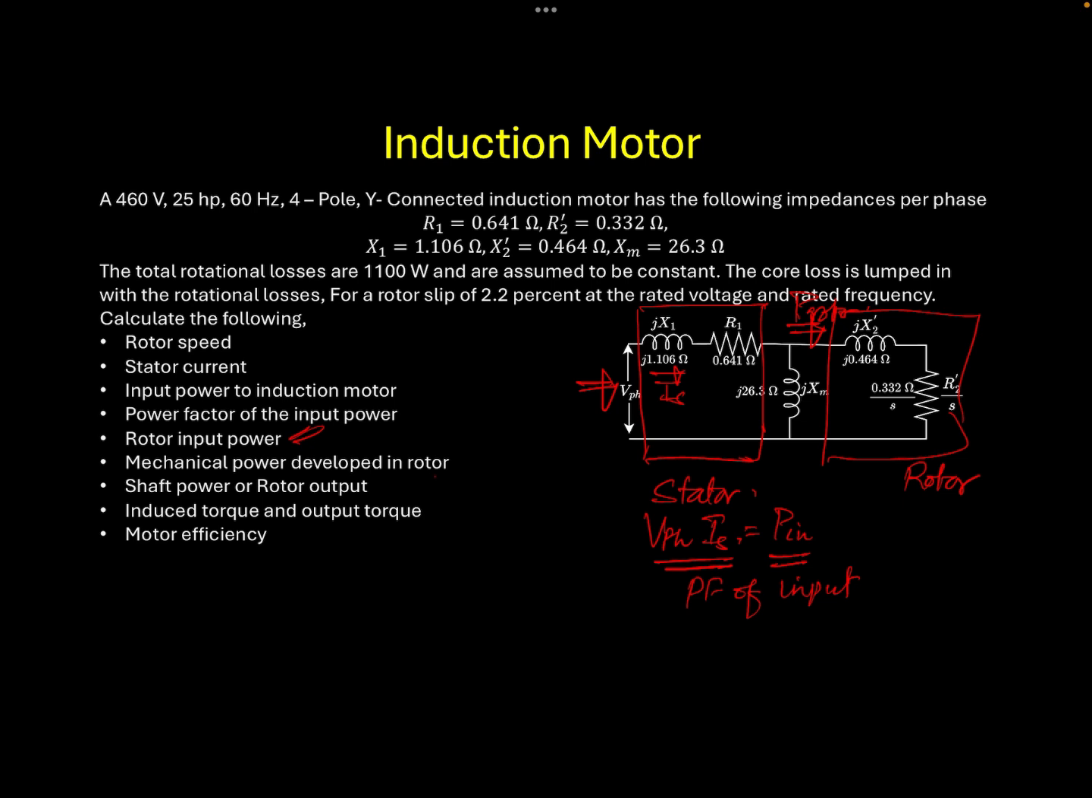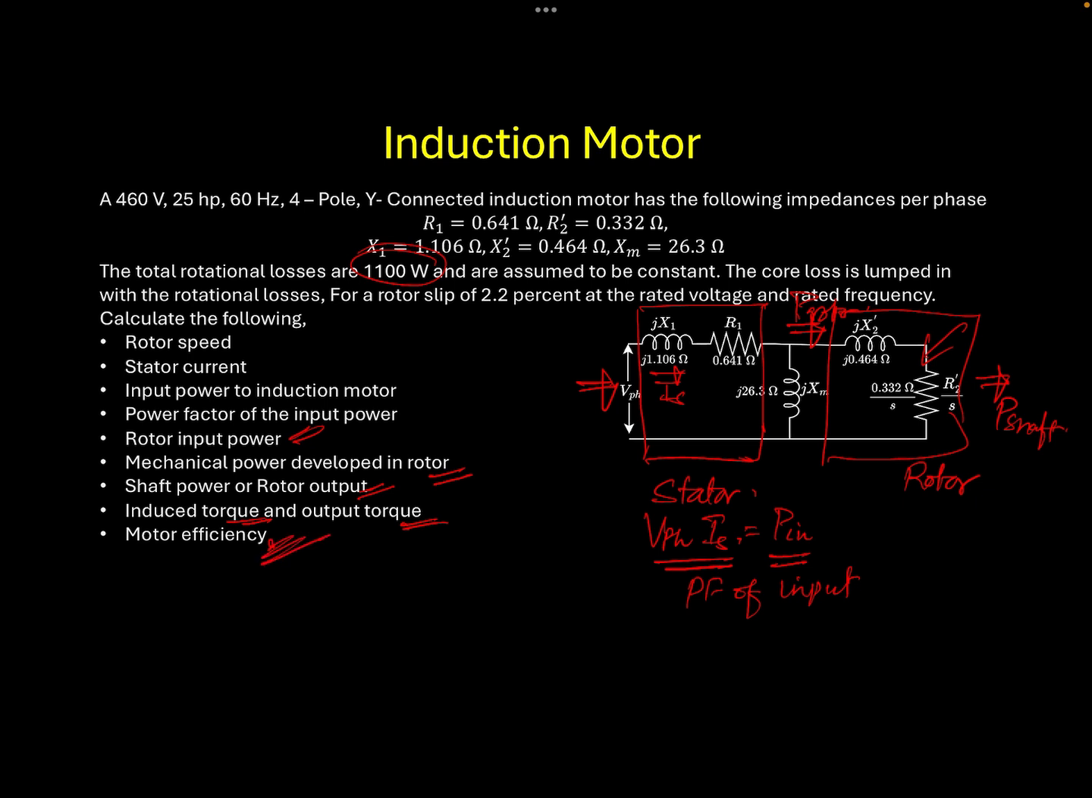So we need to calculate the amount of mechanical power developed in the rotor, because the rotor itself will have some kind of heating losses as well as the rotational losses. In the problem, we already have the amount of rotational losses given, but the heating losses we need to calculate from the rotor equivalent resistance itself. Based on that, we'll be able to get the amount of ultimate power that we get out of the rotor equivalent circuit. So that's what we call the shaft output power. Then we'll be able to calculate the corresponding torque,